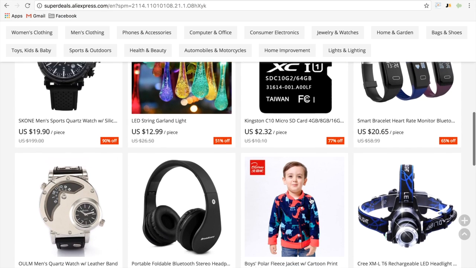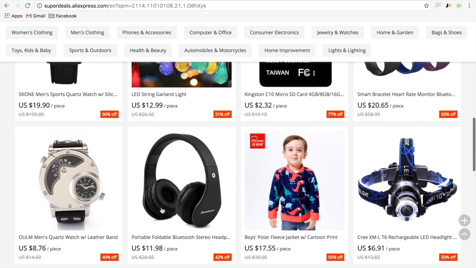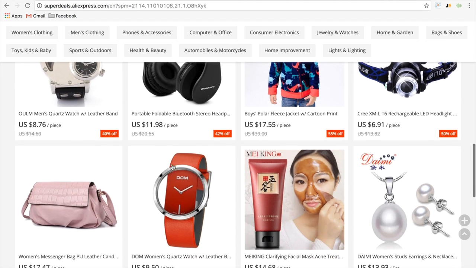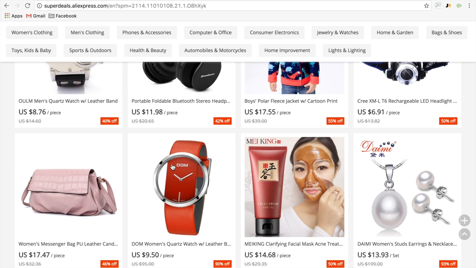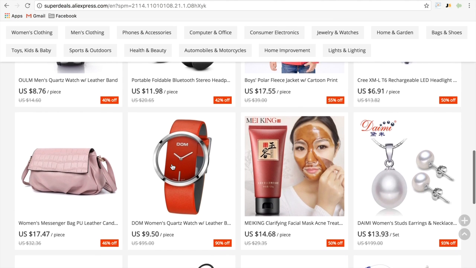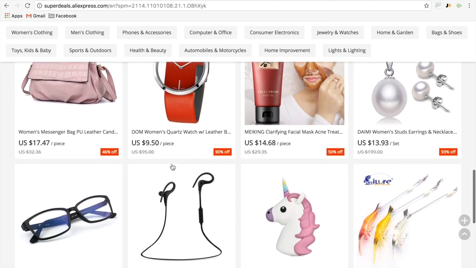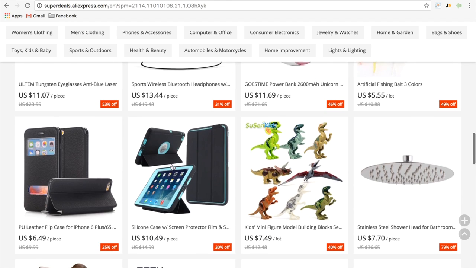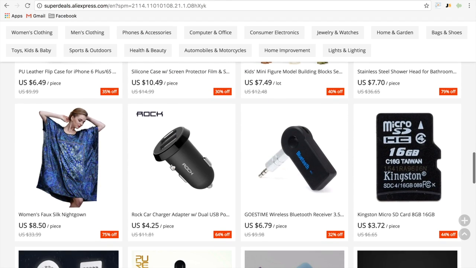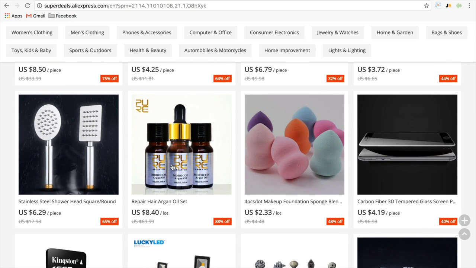I won't suggest that, and I wouldn't suggest you start with these kinds of super general products. What I want you to do is start looking for products that have a specific topic or a niche, right? That's easier to target. It's easier to get a client to pay us if we are giving them a product that's related to a passion that they have. Maybe they have a cat and they love their cat. They're addicted to cats. So if we give them a cat product, we will have a higher chance